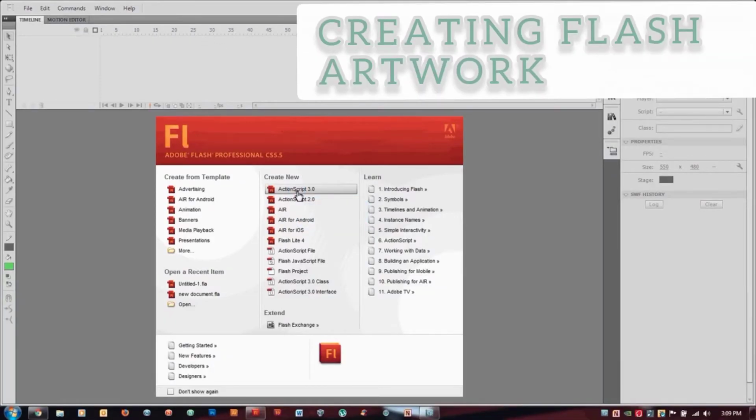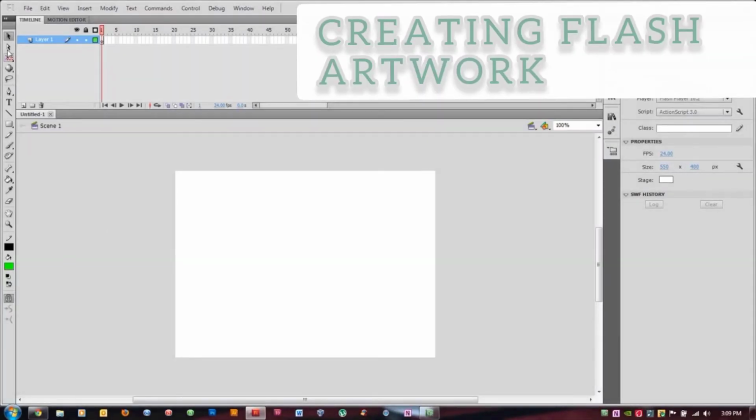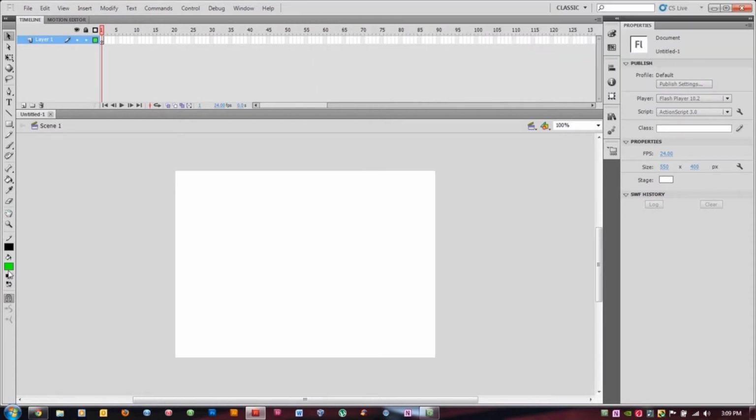Creating Flash artwork. The drawing tools in Adobe Flash CS5 allow us to create and modify the artwork in our Flash document. Most of the drawing tools in Flash are the same as that of MS Paint.